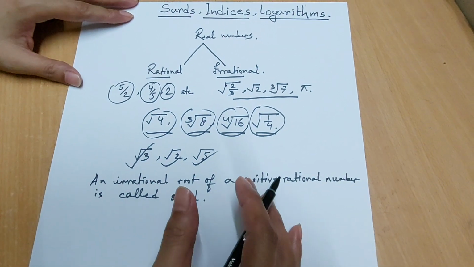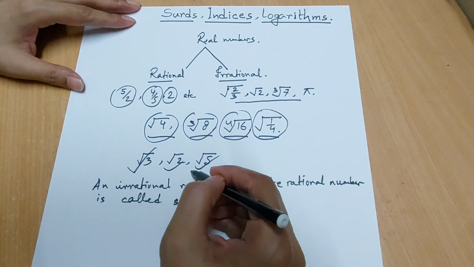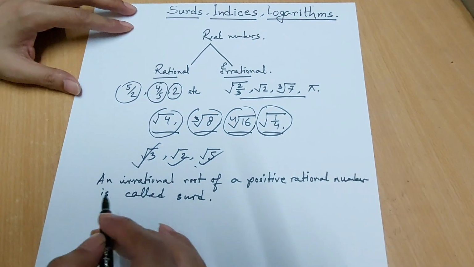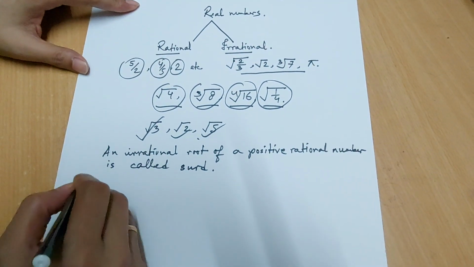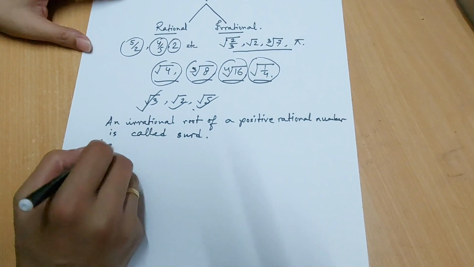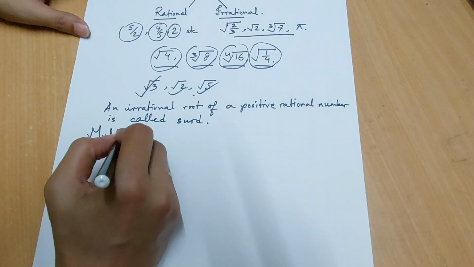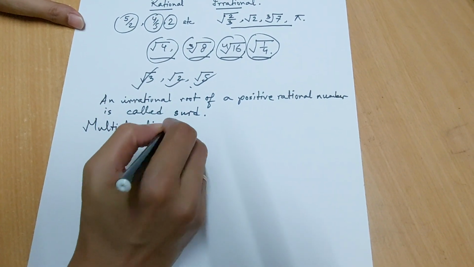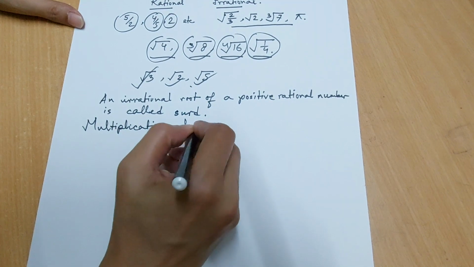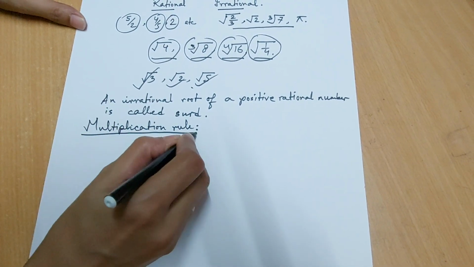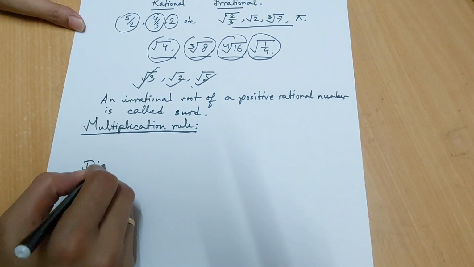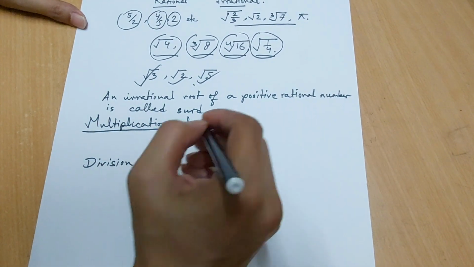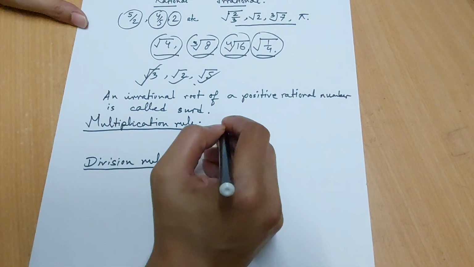You have already understood which numbers are surds and which numbers are not surds. Now I am going to share some rules that surds follow. There are the multiplication rule and the division rule. So here, the multiplication rule,